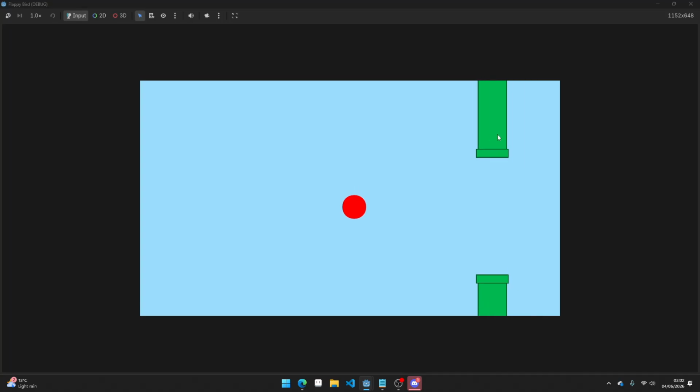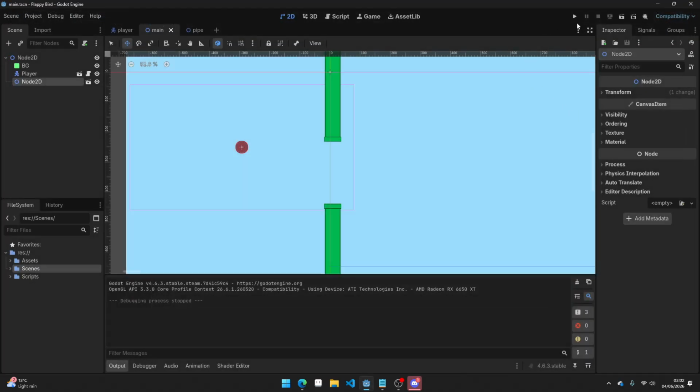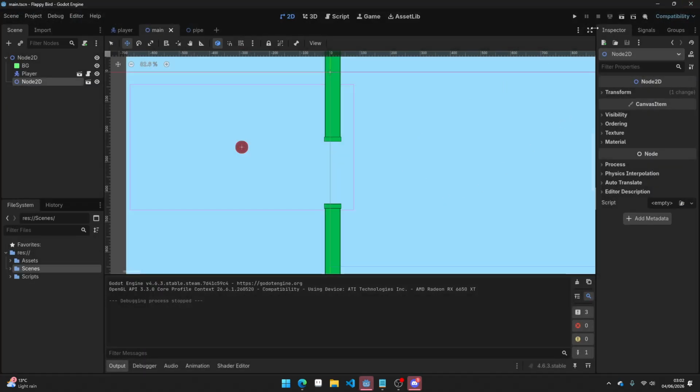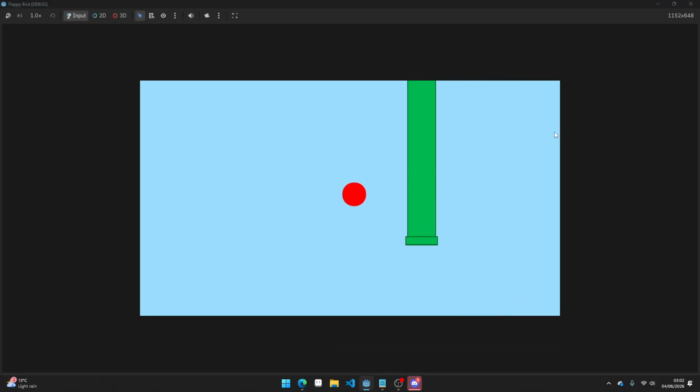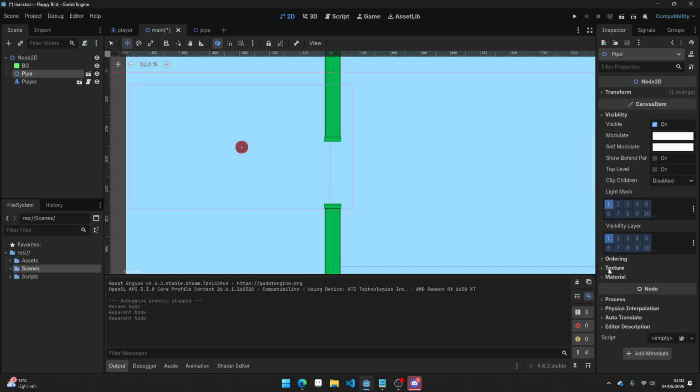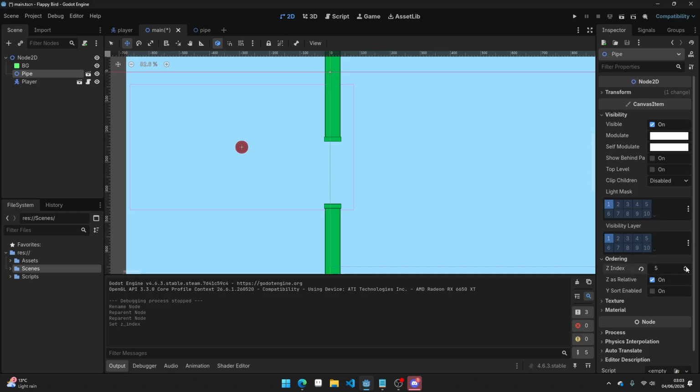You might notice something though. You can just fall. And if you're quick enough, you can go right over. Not only that, even if you touch the pipe, nothing happens. To change the fact that you're going behind it, you can change the layer of the order. So you can move it up, not behind the background, but behind the player. Or you can go to visibility, go to ordering, and change the Z index. So you can keep this down here,